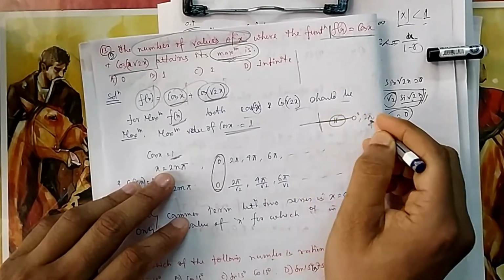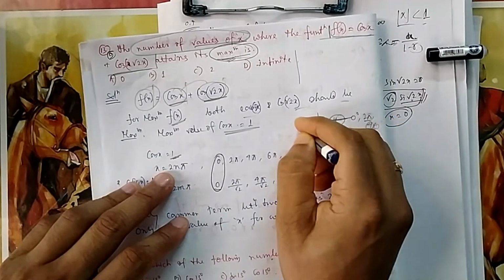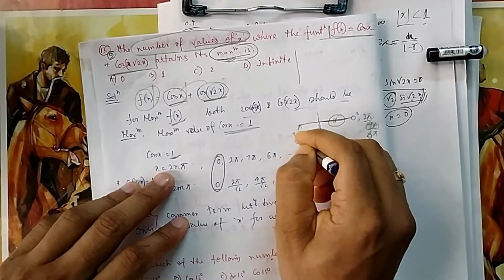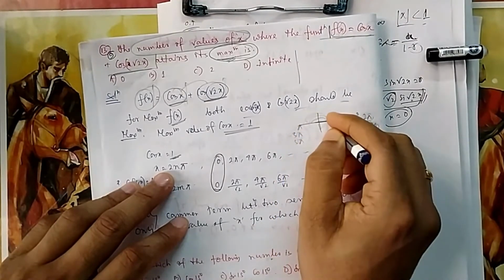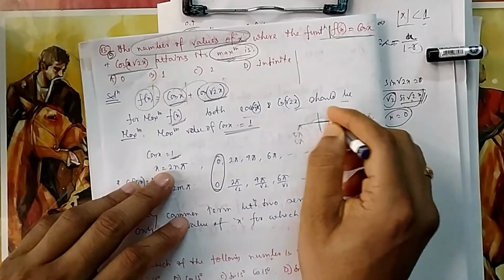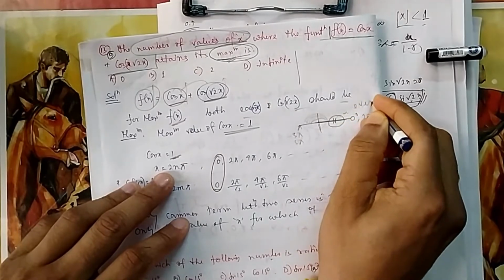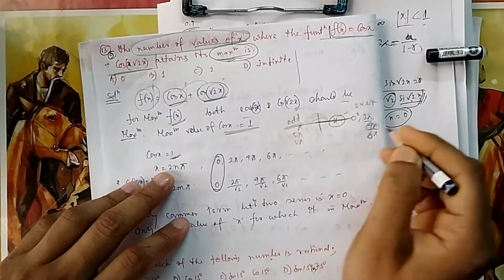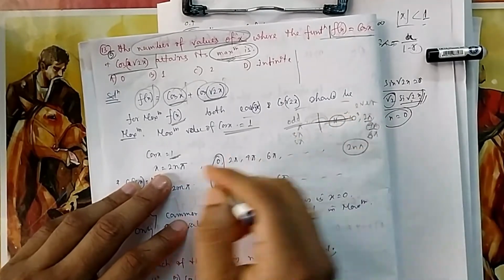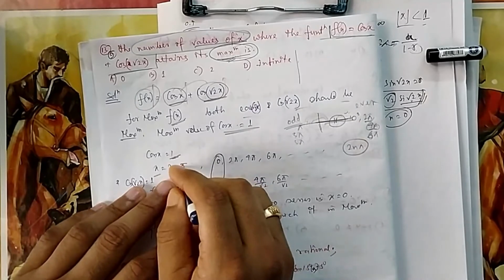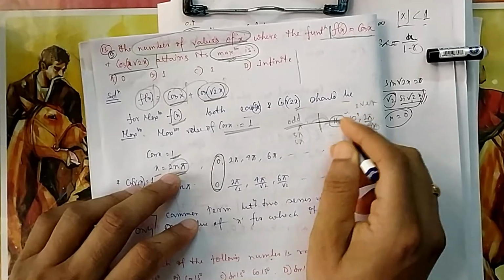And what is this line? You can see these are all even multiples of pi. This is pi, 3 pi, 5 pi, that is 180, 3 into 180, 5 into 180, and this is 360, 2 into 180, 4 into 180. So all even multiples will come here, and all odd multiples will come here. What is an even multiple? An even multiple is 2n pi. So this line can be written as 2n pi. If x becomes anything of the 2n pi form, it will always give 1, because any even multiple of pi will give me 1.